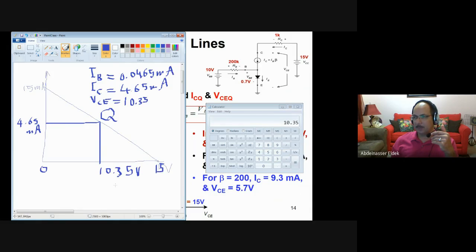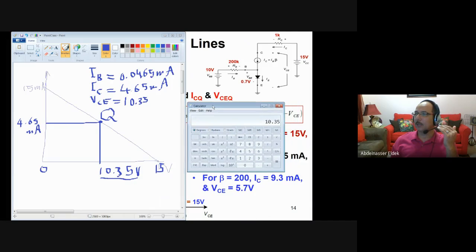Okay, so 10.35 is fine. Same for the current. So this is the operating point now. What if I change beta to 200 instead of 100? Make it 200. What will happen? Of course, IP is the same. So IP is